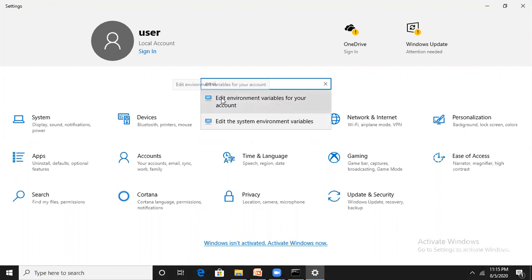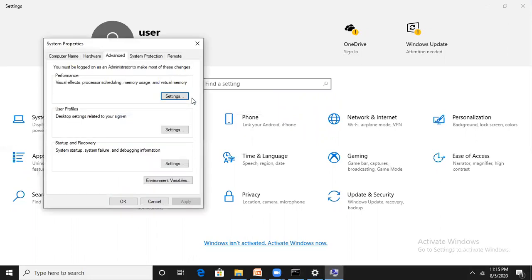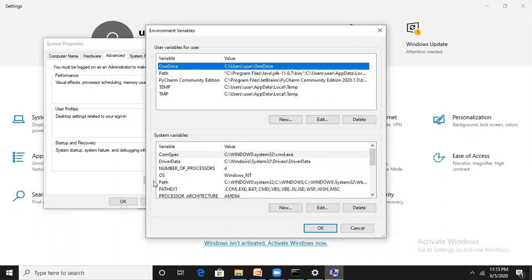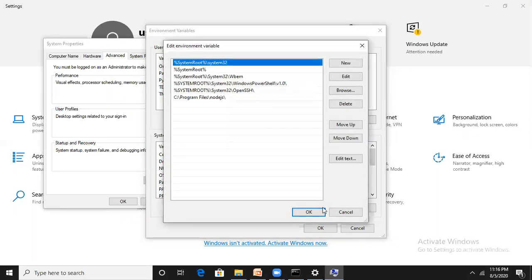Two options are there. Choose the second one, edit the system environment variables. One window is open, System Properties, Advanced tab. Go to the Environment Variables button. And here go to system variables. Don't go to user variables, system variables. And search for Path. Here it is. It gets highlighted. Click on the Edit button.